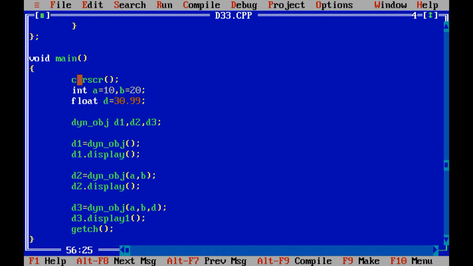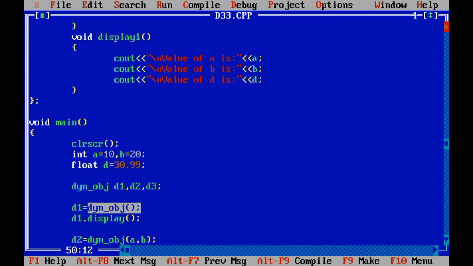Now let us execute the program from void main. It will clear the screen first. After that, in memory, it is going to initialize the value of a as 10 and the value of b as 20, and the float data, the value of d as 30.99. Now we have created three different objects of the dynamic_object class, that is d1, d2 and d3. In d1 we have just called the default constructor of the class.